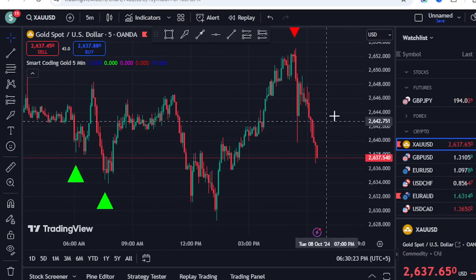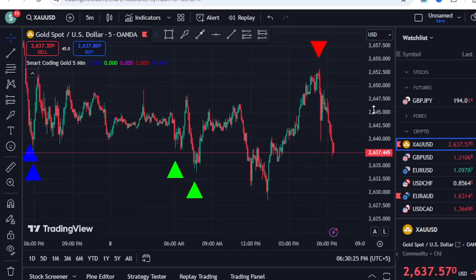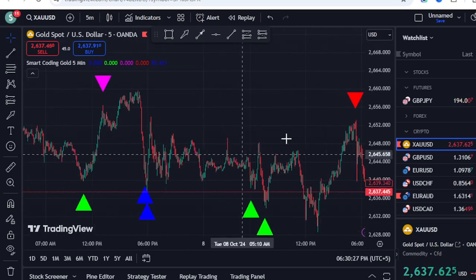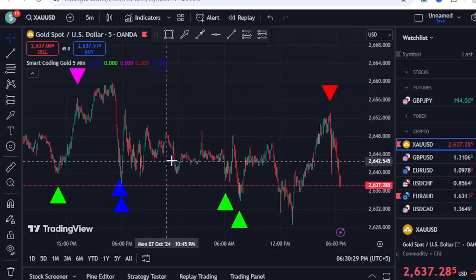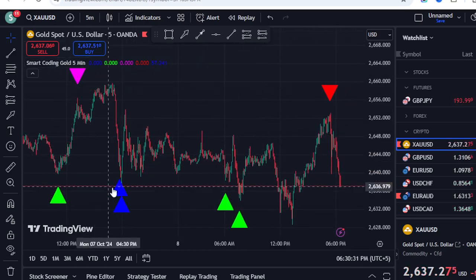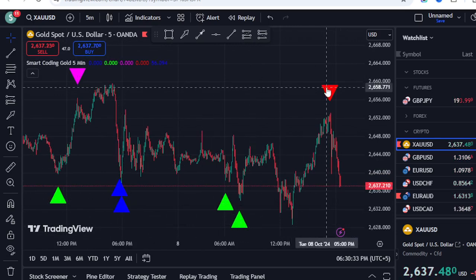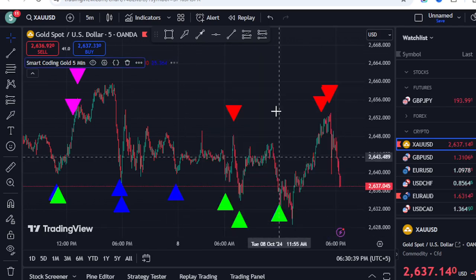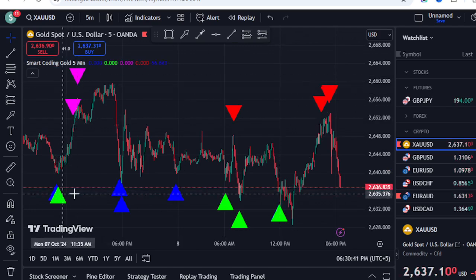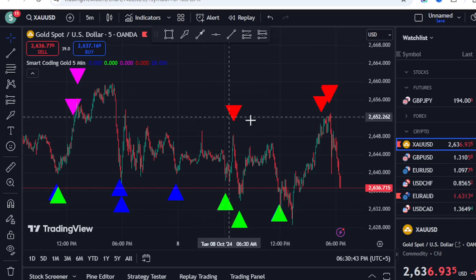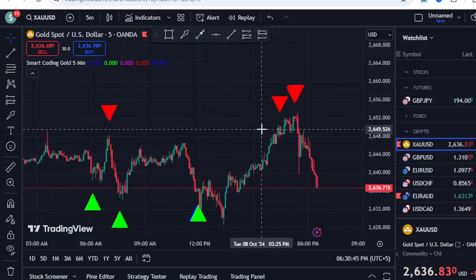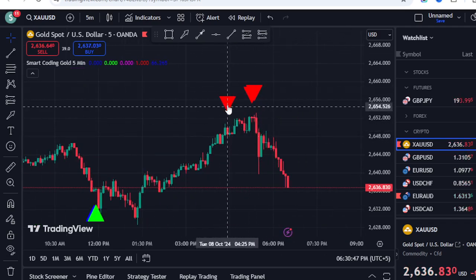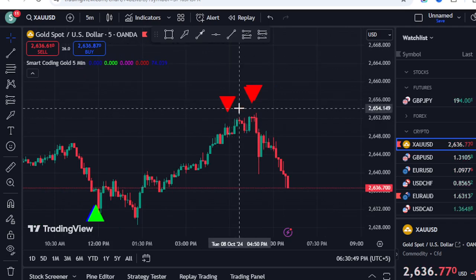Okay, now I'm just going to show you how it works in aggressive mode. Right now, just look at the number of signals. We have 1, 2, 3, 4, 5, 6, and 7 signals on the normal mode. If I go to the settings, enable aggressive mode, and then let's see how many signals there are now. 1, 2, 3, 4, 5, 6, 7, 8, 9, 10, 11, 12, 13. Okay, 13 signals. First of all, aggressive mode has provided a signal from here to sell the gold,